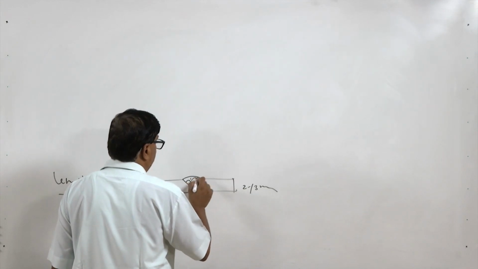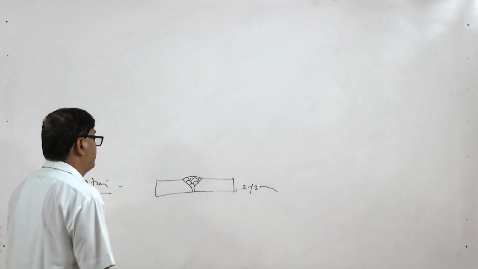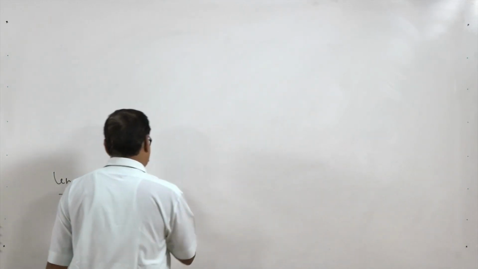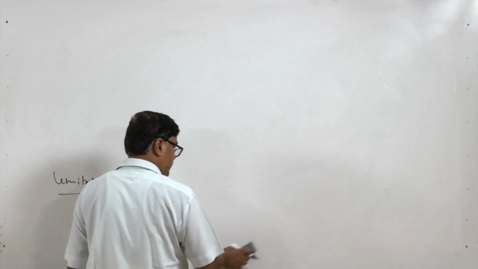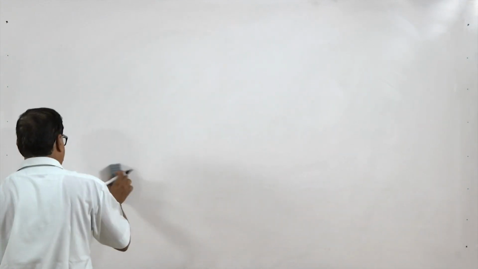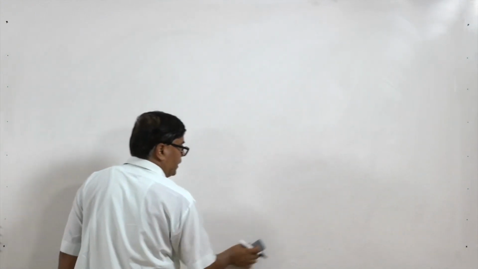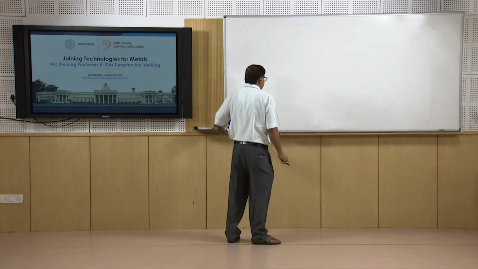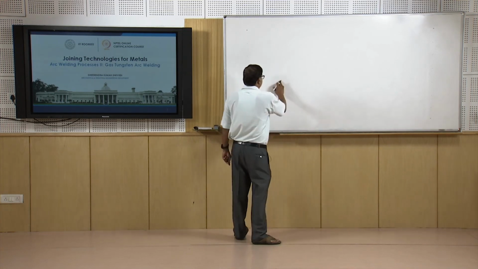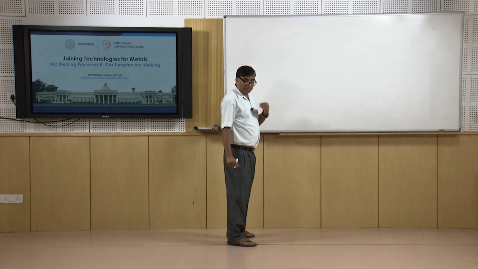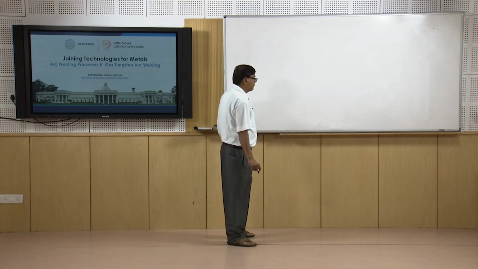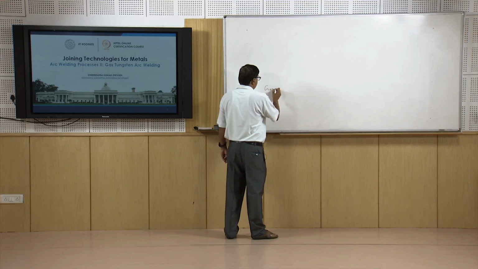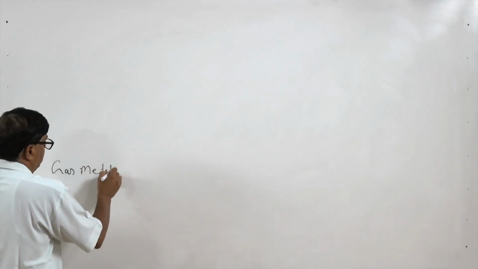So, the filler metal is applied separately or externally during the process, which further complicates the application of the process, but for the requirement of quality, in any case people look for the gas tungsten arc welding process. Now, we will talk about another variant which has been developed for more industrial application, that is the gas metal arc